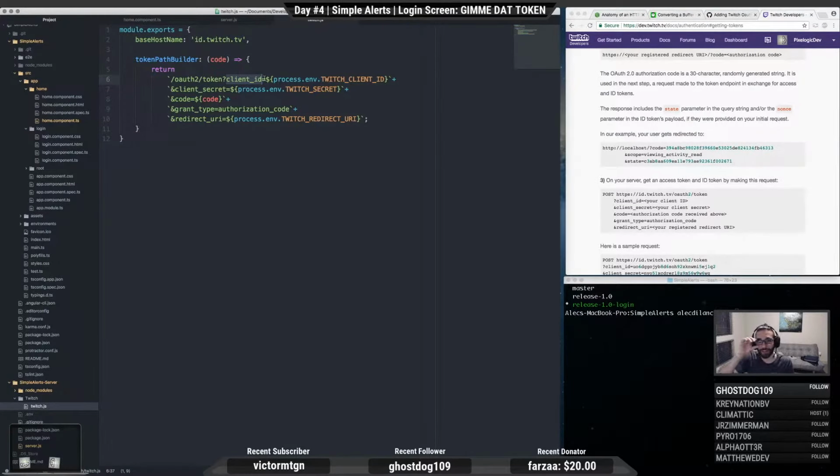Okay, so OAuth 2 token. We got our query. Client ID is equal to our Twitch client ID. Our client secret, again, is equal to our Twitch secret. We take in our code. So unless our code is incorrect,